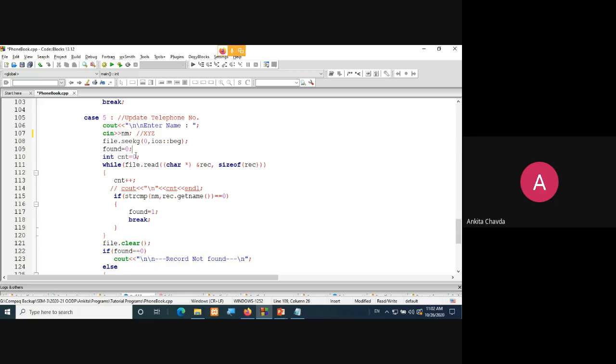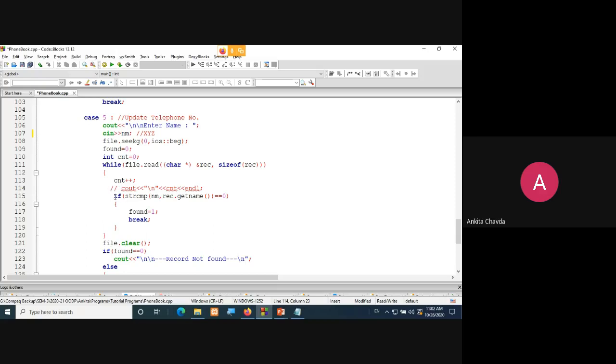So integer count is equals to 0, while file dot read character pointer rec and size of this, while this is true, at that time I'll do count plus plus, that you have read one record. Another time, again it will be count plus plus, you have read 2 records, 3 records, 4 records, and so on, right? And if you wish to check that, for that purpose I have written over here cout count.